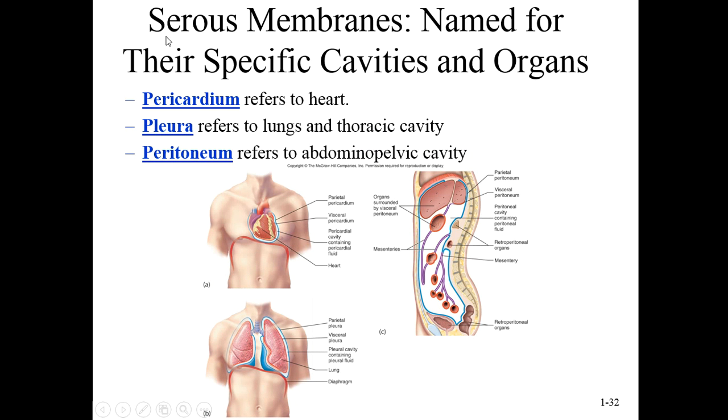So here we can see three specific serous membranes. The pericardium, which literally translates as the stuff surrounding the heart. And then the pleura, which is the double-walled membrane surrounding the lungs, which allows for a full expansion of the lungs. And then the peritoneum, and we can see here in this